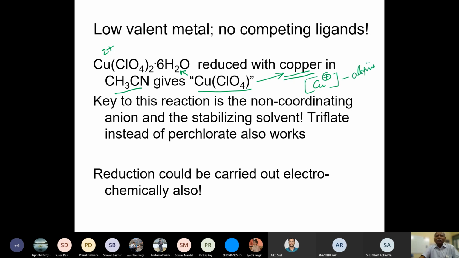Now, these are again weak interactions, but nevertheless they form complexes, and in fact the copper complex can be generated, instead of reducing it with copper metal, electrochemically. In a simple experiment, you can just take two copper electrodes, attach them to the positively and negatively charged poles of a battery, pass current in the presence of an olefin, and it forms a nice olefin complex with copper 1 plus. So that's possible.